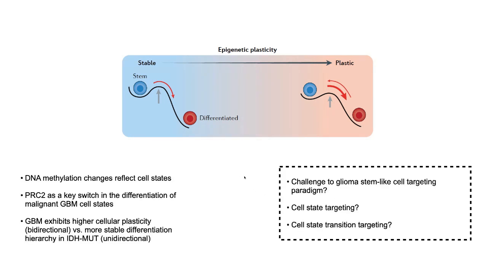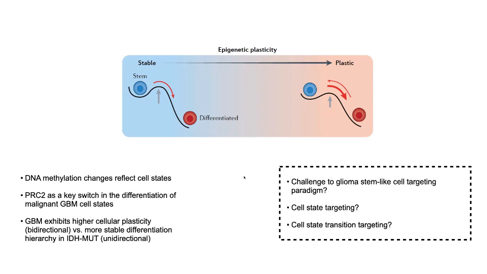So overall, this work dissects the epigenetic underpinning and dynamics of cellular states that drive human gliomas. And importantly, this type of data now allows us to start engaging with more clinically relevant questions, such as, for example, is the high degree of de-differentiation in GBM offering an additional mechanism by which this tumor could replenish its stem-like cell compartment under a therapeutic pressure? And so shall we therefore start thinking about targeting specific cellular state transitions to skew the distribution of cellular states